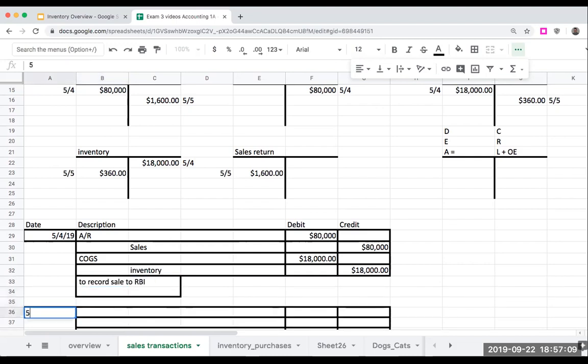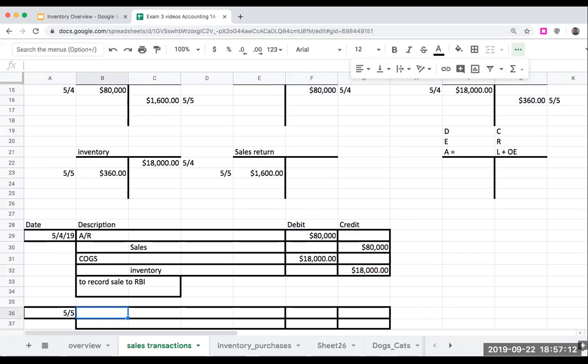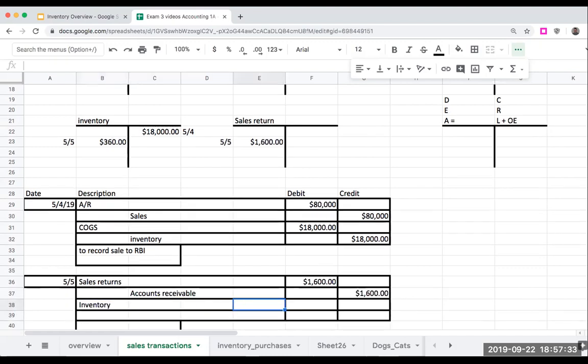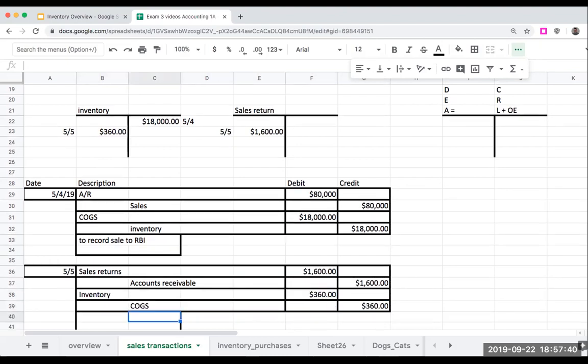So over here on 5/5, okay, I'm debiting sales returns right over here for 1,600. I'm going to be crediting accounts receivable for 1,600, and then I'm going to be debiting inventory because I'm getting that amount back. I'm debiting inventory for 360, and then I'm going to be crediting cost of goods sold for 360. So to record